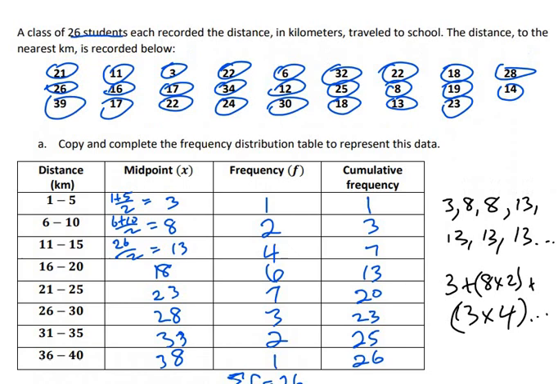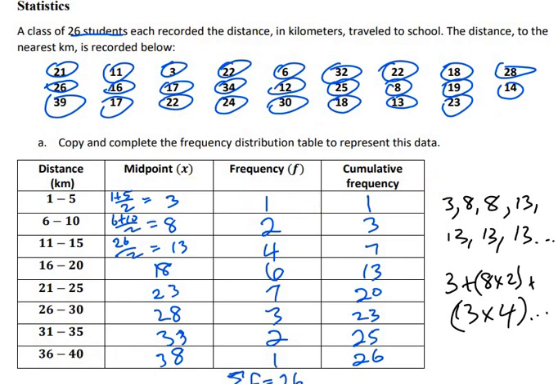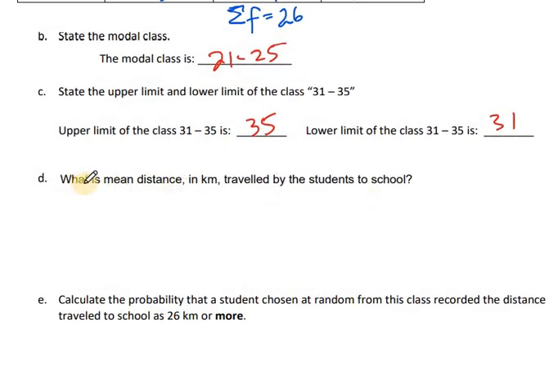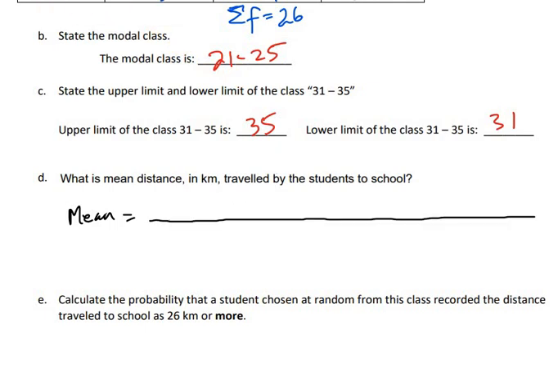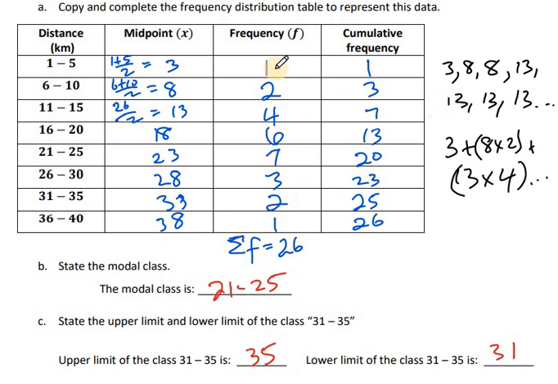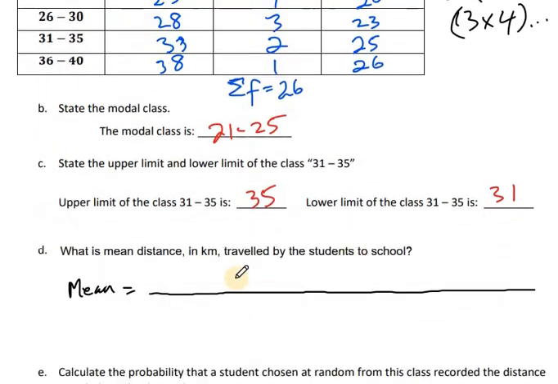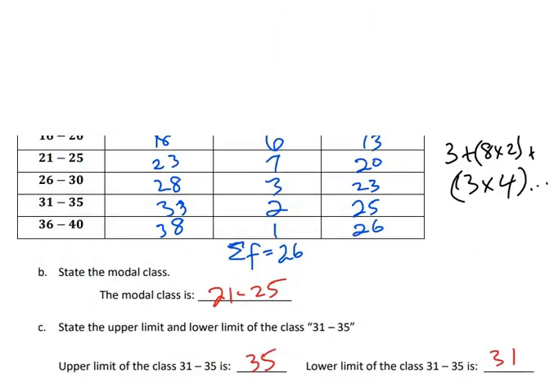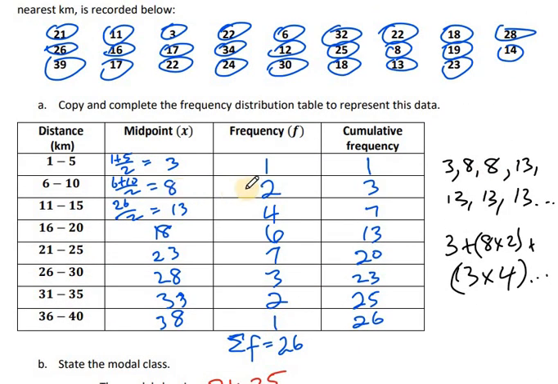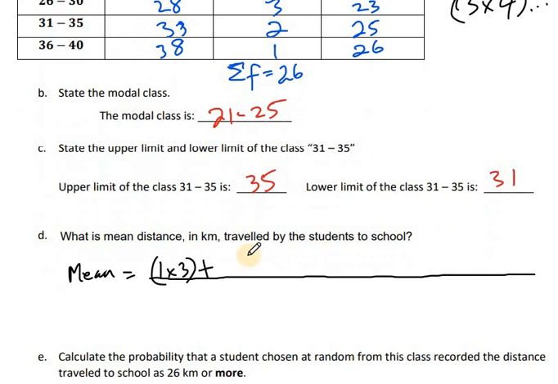So we could either use these values or the table, but it's intended to say using the table, find what is the mean distance or the approximated mean. So what we do, we take the mean to be equal to, and what we're going to do, multiply 1 times 3. So we're saying one person traveled a distance of 3 kilometers, plus the next, 2 persons traveled a distance of 8 kilometers. So we're saying 2 times 8 plus,